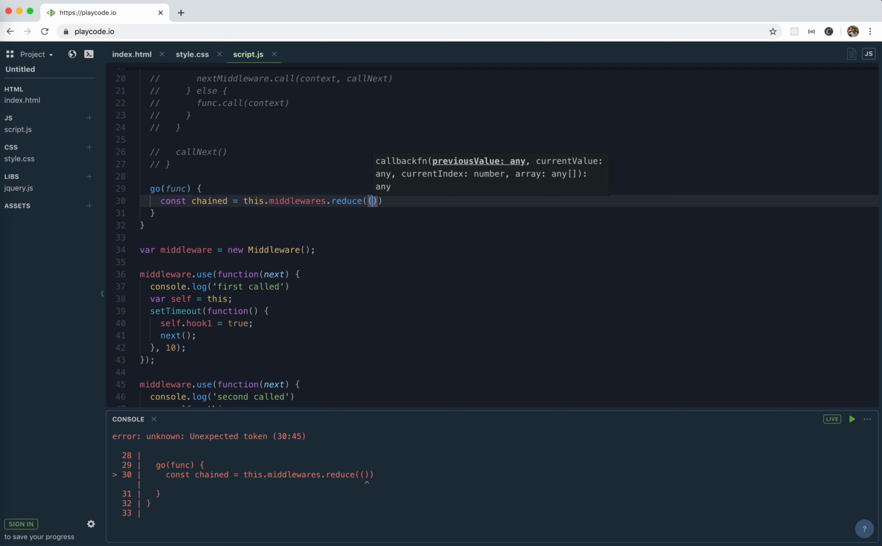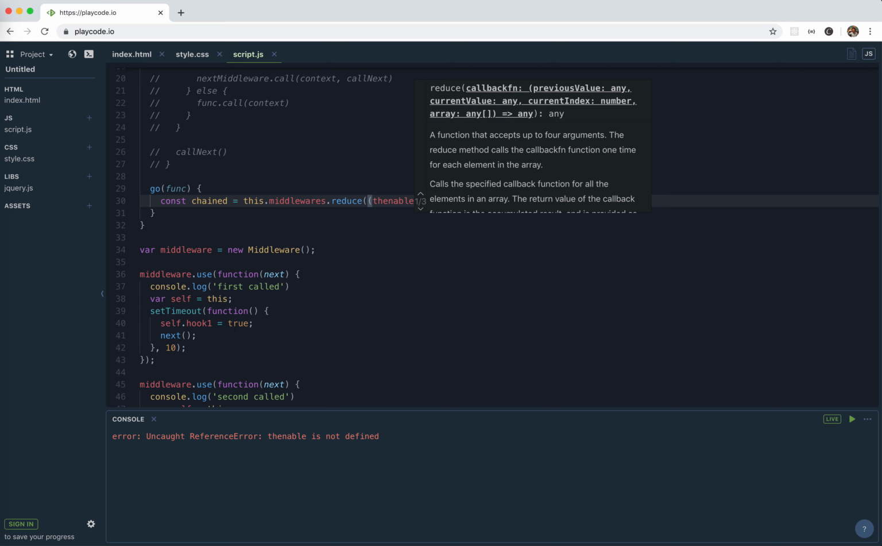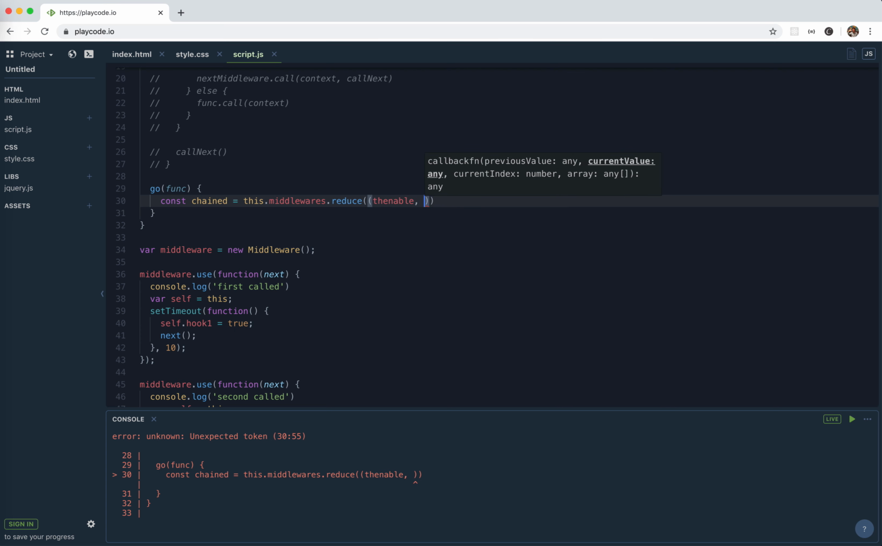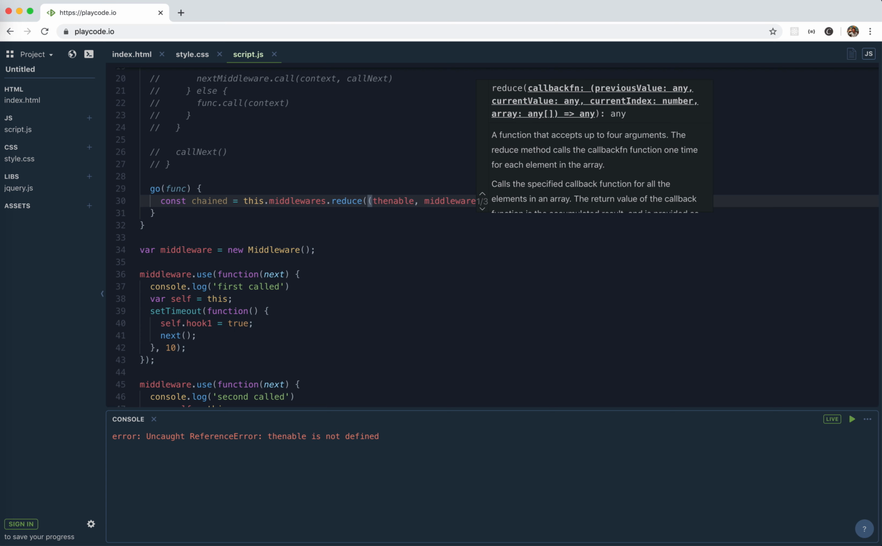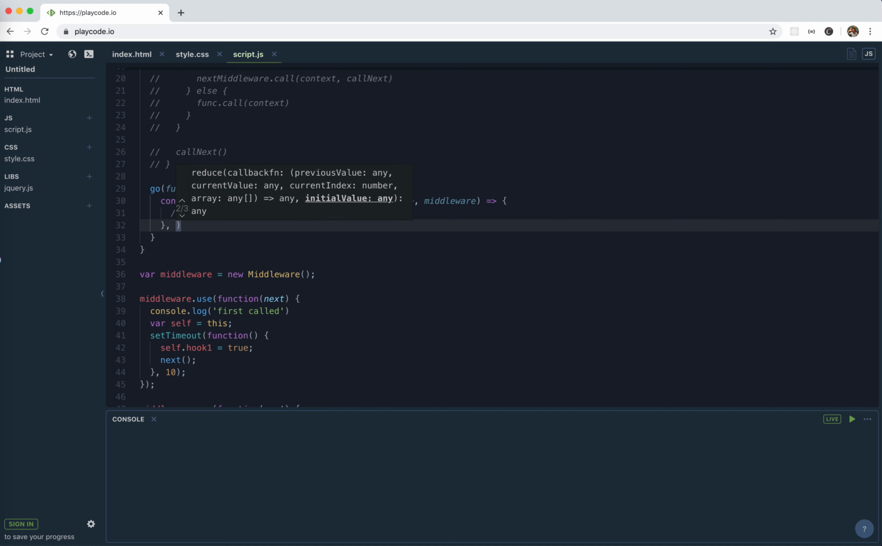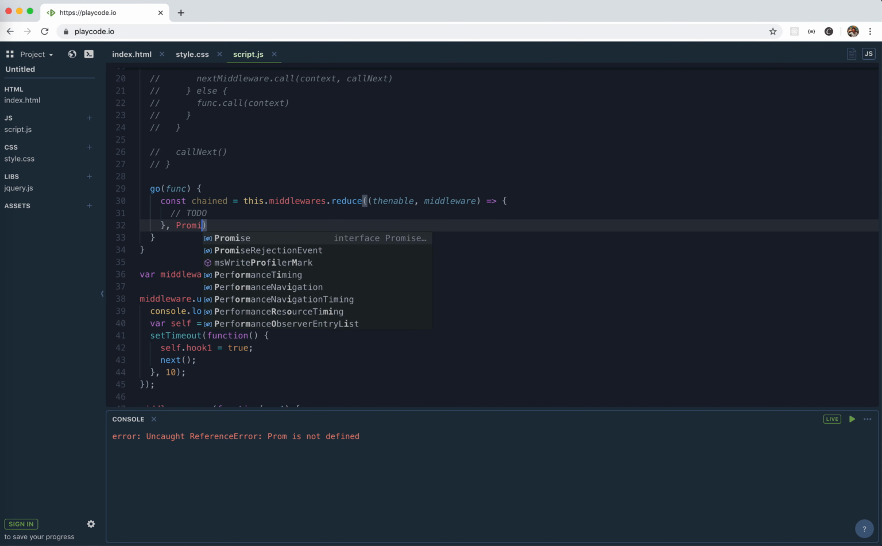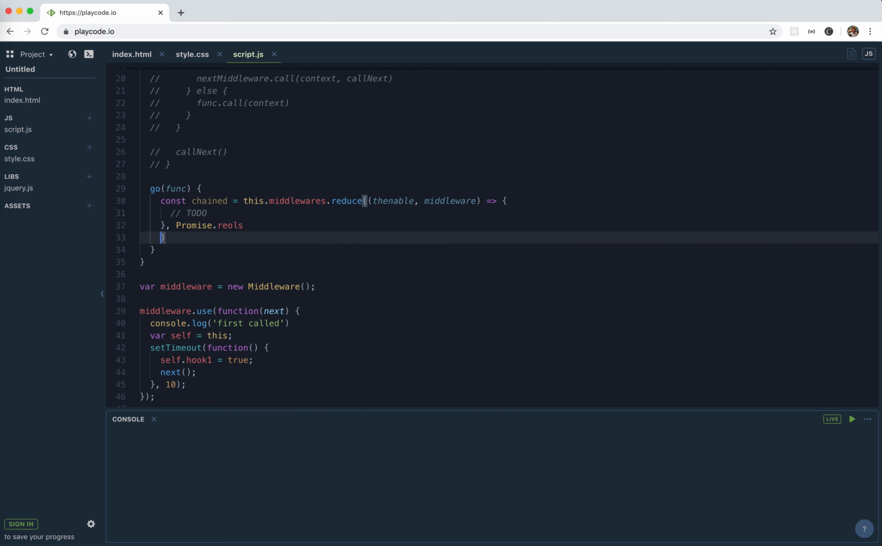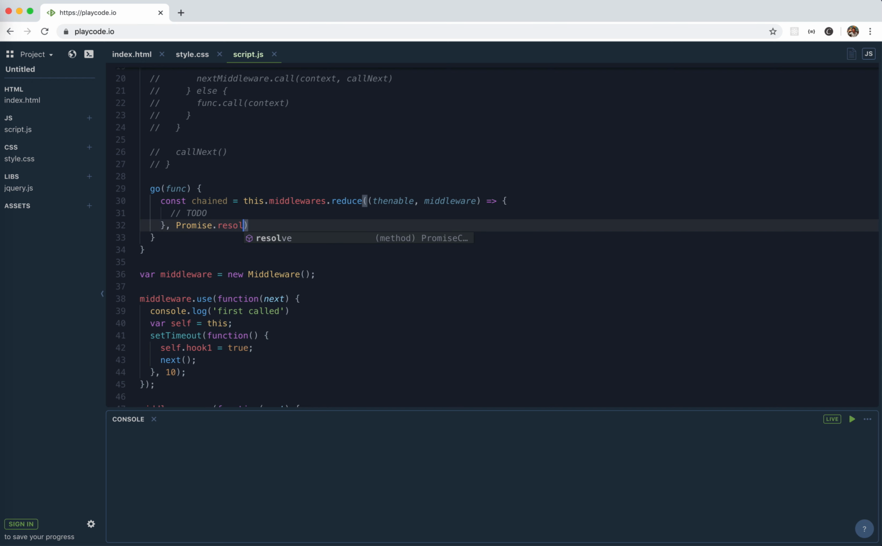And this is the thenable. And this is the middleware, right? And this is to do. And for the start, as we said, we pass in the new context. Resolve context. Cool. So for the reduce, we need to return the new promise, which is chained to the previous